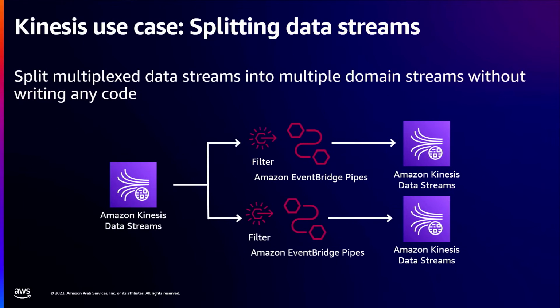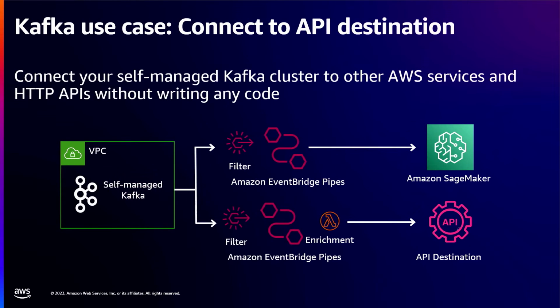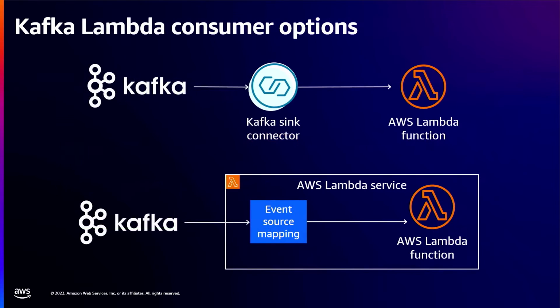Some use cases for which people use EventBridge Pipes: for example, within Kinesis, you want to split one data stream into separate domain streams, so that they're going to be used for different applications, and you simply do a filter configuration in EventBridge Pipes and then split it to 2 separate Kinesis data streams. Again, you're not writing any Lambda code to do this, it's just going to do it for you as part of the filter configuration. On the Kafka side, you can connect to an API destination, for example, or you can use SageMaker for some machine learning inference. And again, for the enrichment step, you could use Zendesk, for example, to add information for your ticket info before passing the record on.